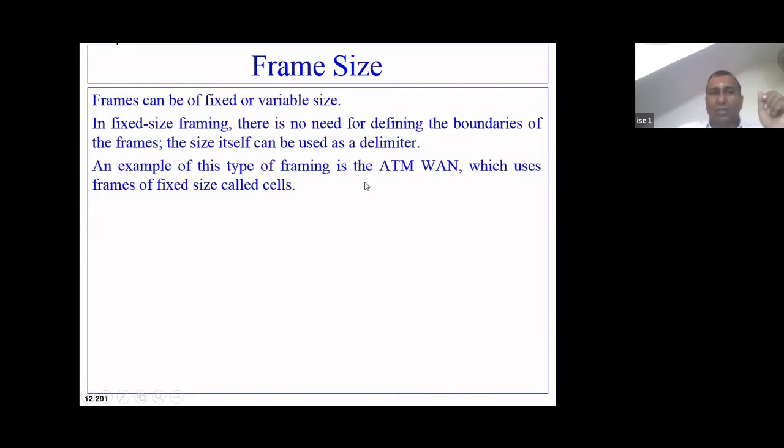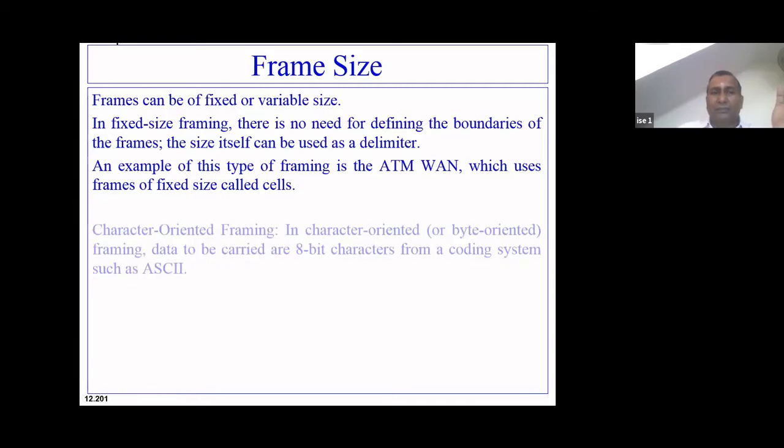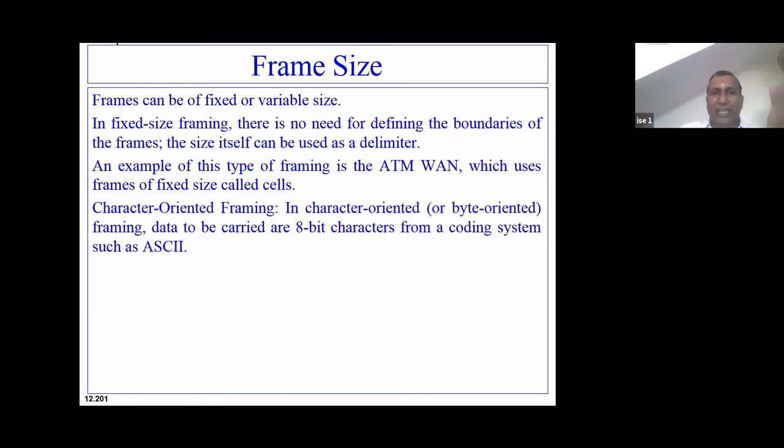But most Ethernet connectivity will have something called a variable size frame, where the size of the frame will always vary. So no two frames need have the same size. That's the simple thing. Now we have a mechanism called character oriented framing, right?